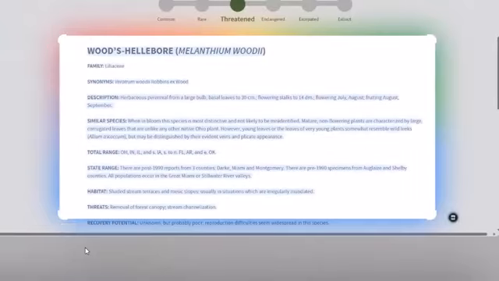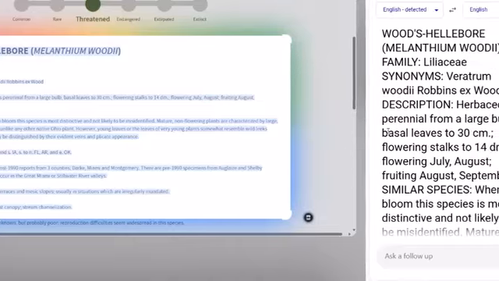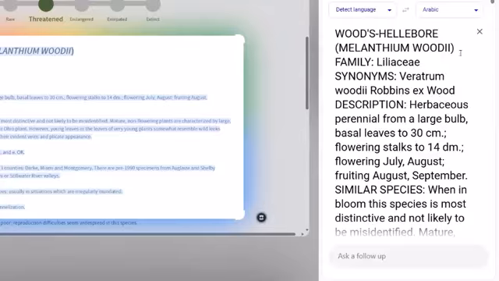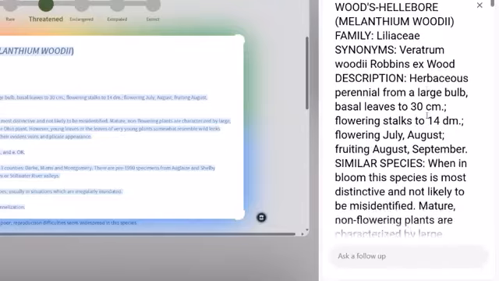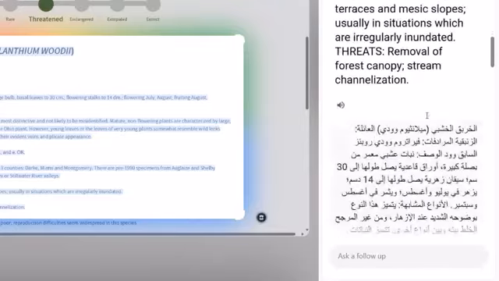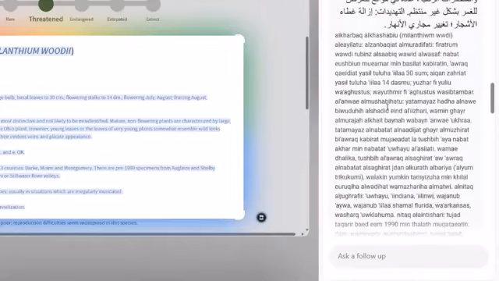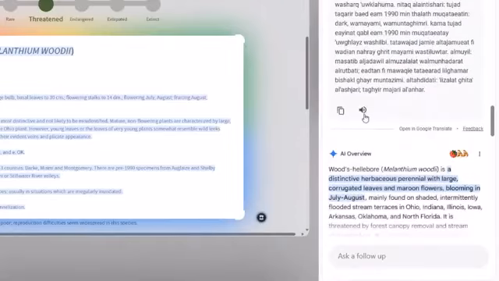So I could translate this text, and over here it will ask me what language I want to translate, and you're like, wait, it didn't do it. Yes, it did. So if you go down to the bottom, and then if I go down here, this will read